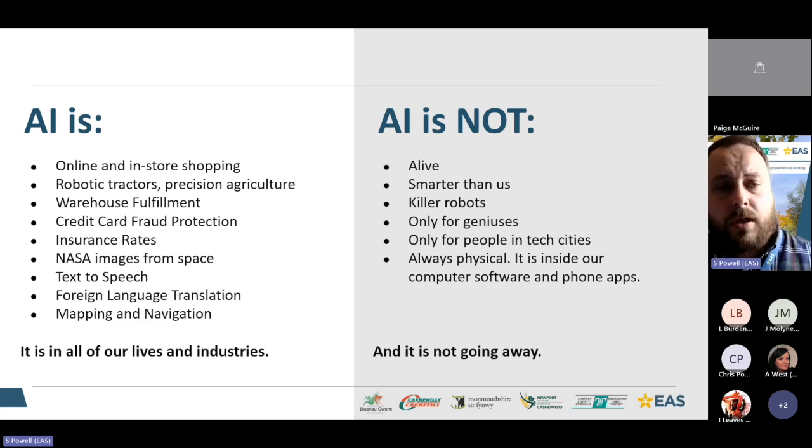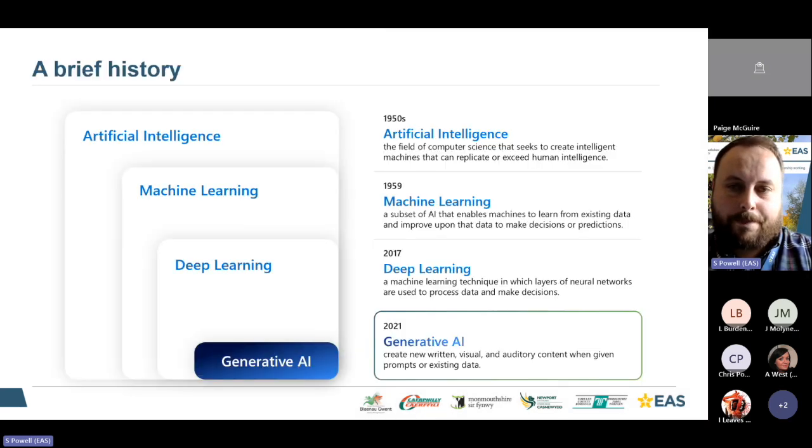Maps on your phone. So when you're going from one place to another and it tells you that this journey is going to be 5 minutes shorter if you take a left here. That is all AI doing the route planning in the background using the data it's getting to do it. And I think the key thing here, and one of the worries, is that AI is not a sci-fi movie or for people living in tech-heavy cities. It's not a killer robot coming to take you. It's definitely going to be a part of our students' future work life. And I think it's important then that we need to teach with and about AI moving forward. Just like computers or the internet, it's not going to go away. This is something that's going to be part and parcel now of education for many, many years to come.